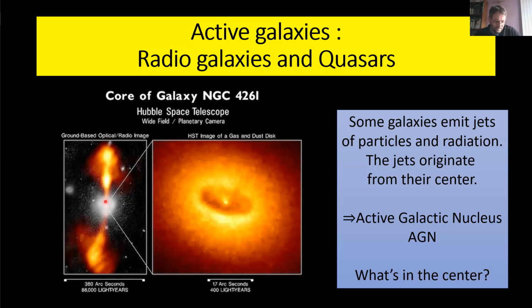So if we take the Hubble Space Telescope and zoom in, this here is a length of only 400 light years across. Well, there's a very bright spot and a ring around that, or a torus rather than a ring. That sounds again like something, or gas, is compressed, heated up,